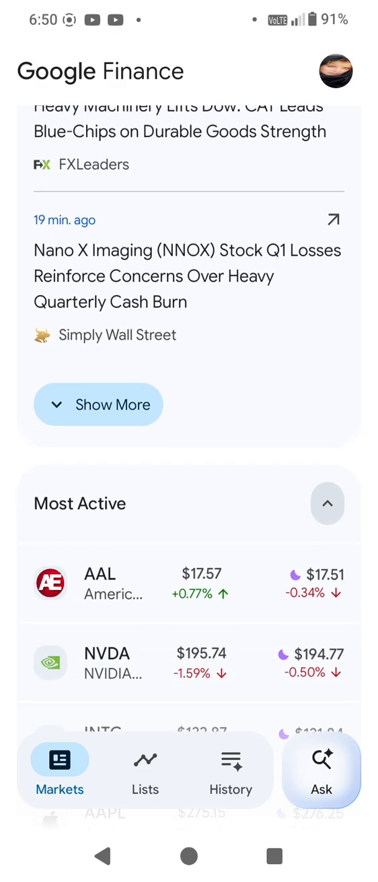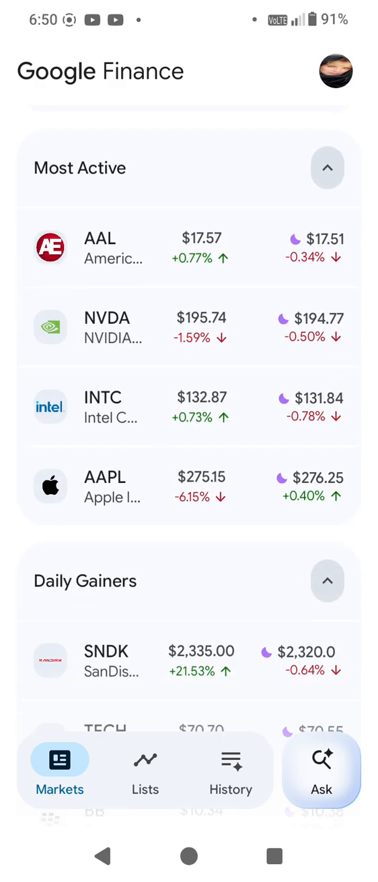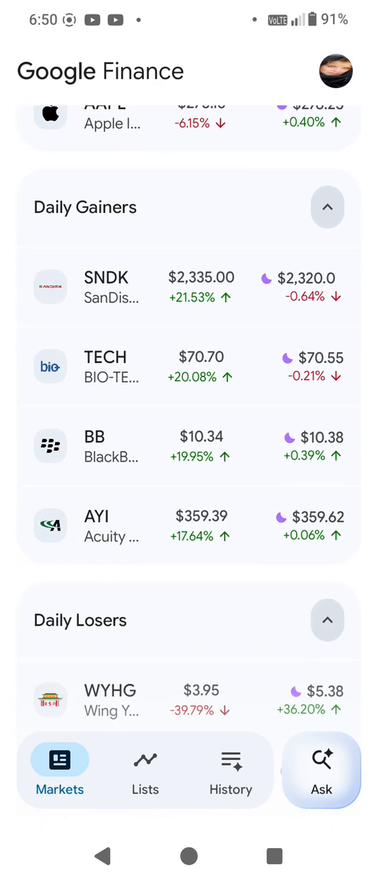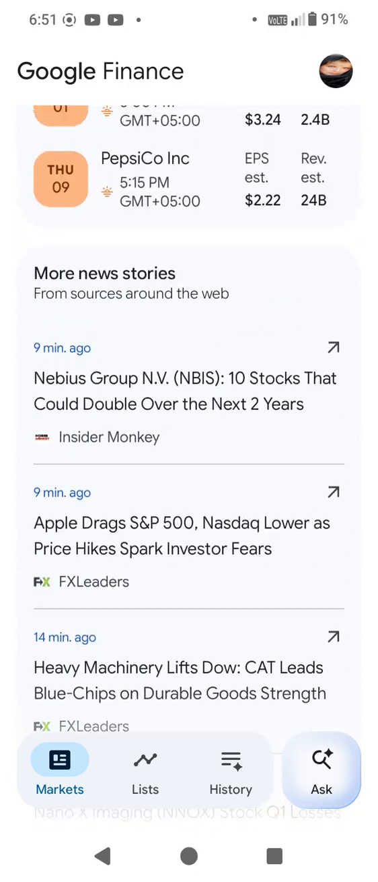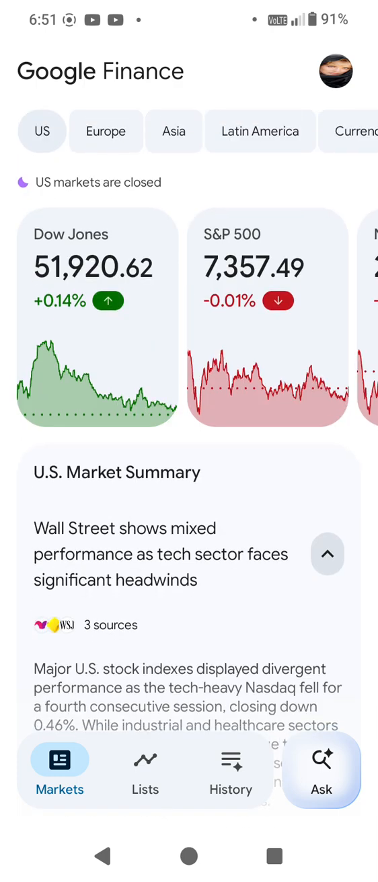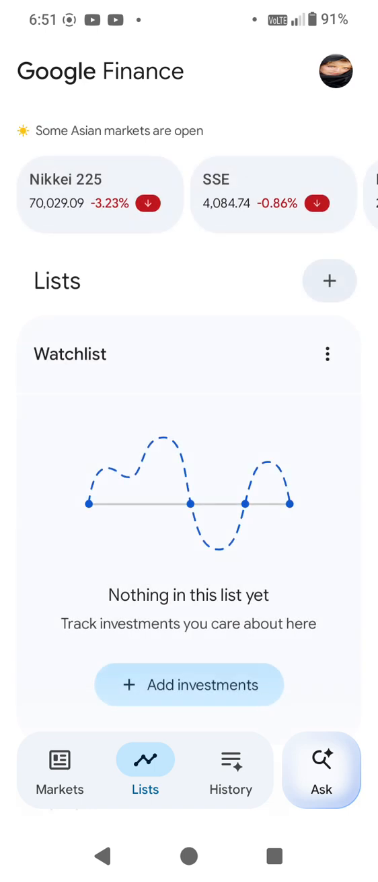And the news stories, of course, the most active stocks in the stock market: Nvidia, Intel, Apple. You can see all of these big gainers, daily losers, all of it. So this was the main page, home page overview, my friends. Let's go to the list section. Now this is where the fun starts, my friends, because